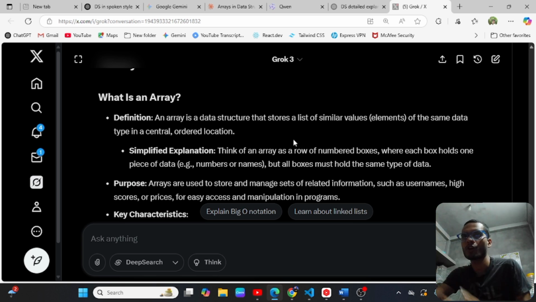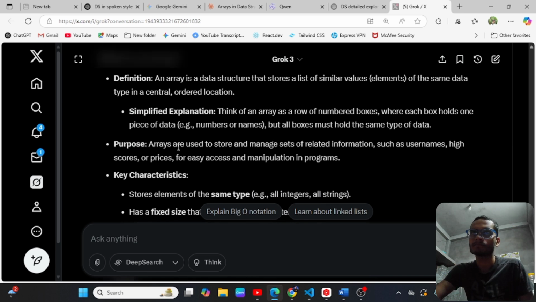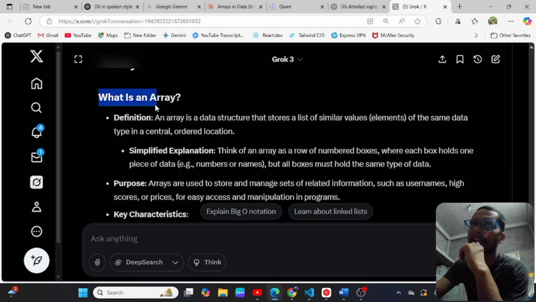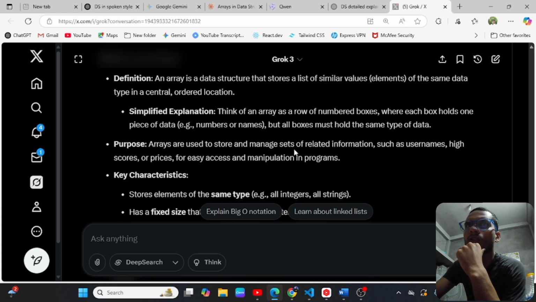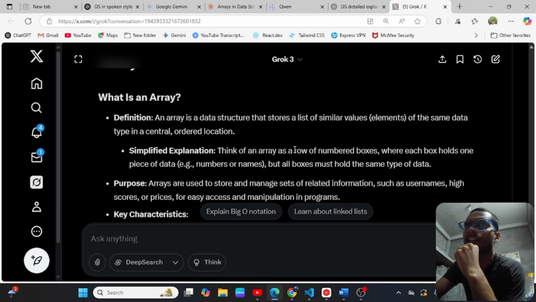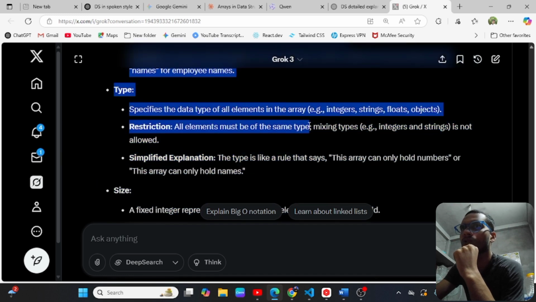So based on my prompt, there is a concept called array. So you can see what is an array. Right, so Grok's explanation is very simple. The definition: an array is a data structure that stores